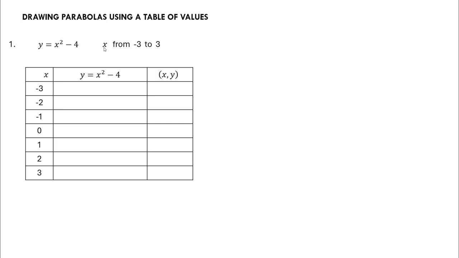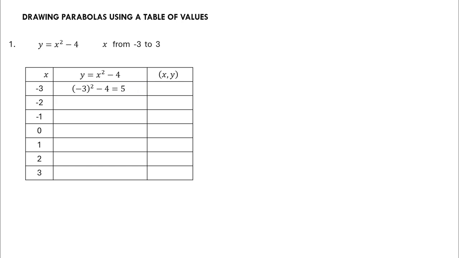And it says x is from -3 to 3. That's telling us that they want us to use, in order from -3 up to 3, the following x values. So now we have an equation right here, and we simply substitute our x values into our equation to get our y value. So when we do that, we substitute in -3, and we end up with a value of